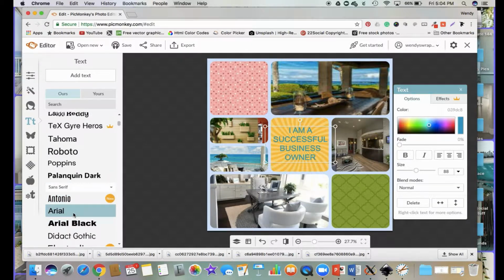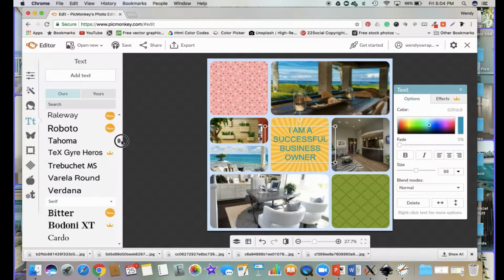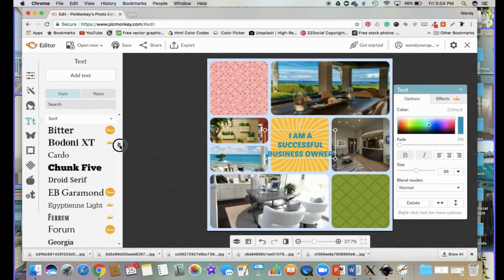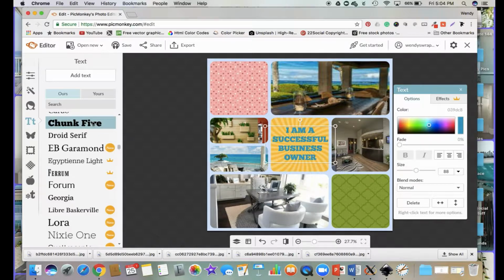And I like my fonts to pop. And I actually like Poets in One. There it is. Chunk 5 is a winner. Right? Chunk 5 is a winner. And then with the next one, we're just going to add another text box. And we will say,